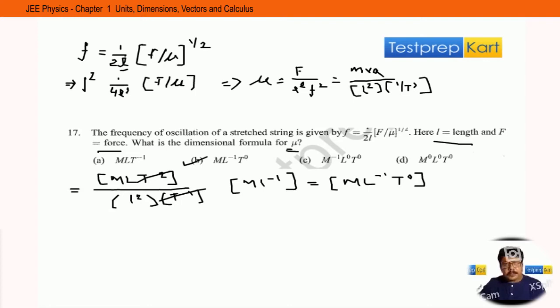So in these questions, the most important thing is that whenever we are making the dimensional analysis, that time we need to make it, the thing is very clear. See,